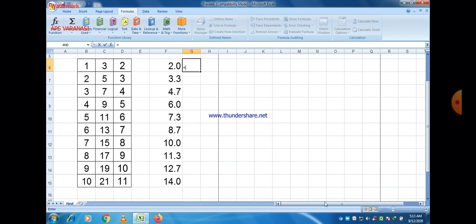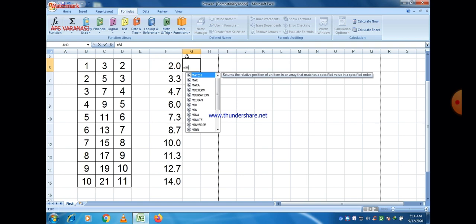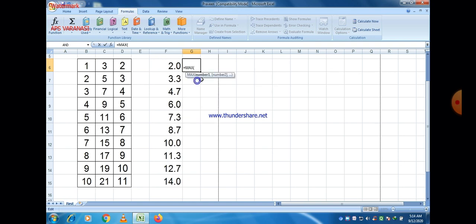Okay, now let us take another formula, equal, and then I just press here, suppose, the letter M. So all formulas that start with letter M are there. First of all, let us select the max formula, which basically finds out the maximum value out of certain given values.